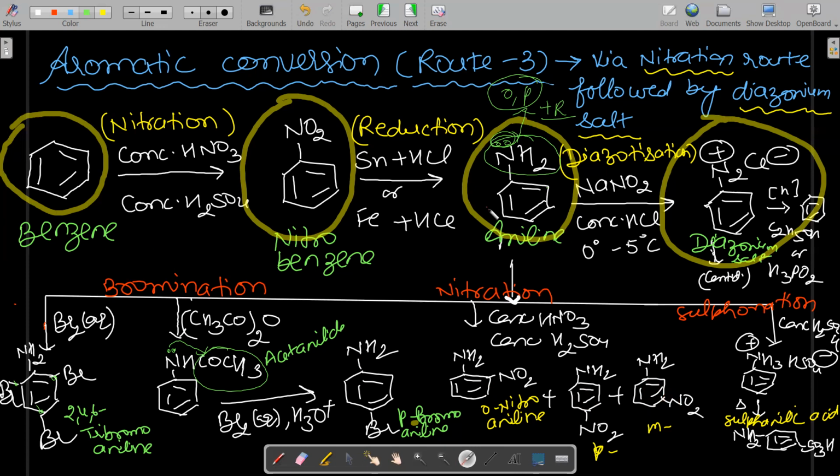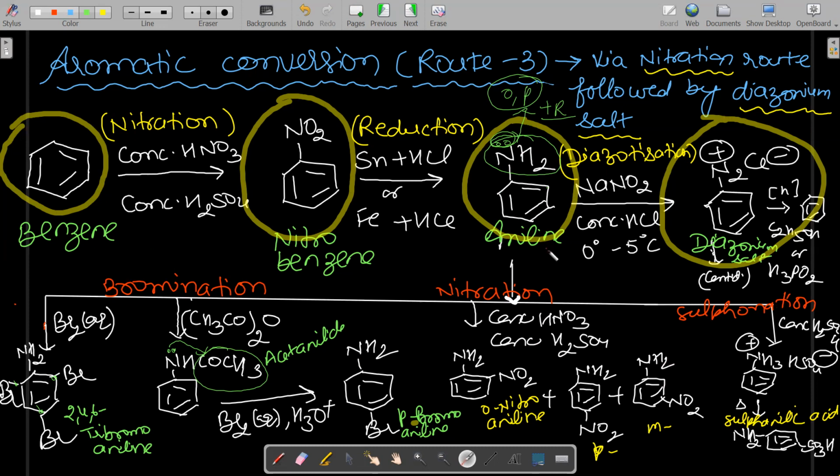The reason is again very clear, because it is electron rich. Due to being electron rich, it is a strong Lewis base, and hence this NH2 group is protected by H plus. Or simply we can say aniline is a Lewis base, so it reacts with sulfuric acid to form NH3 plus, that is anilinium ion, and anilinium ion is meta directing in nature. And due to the meta directing anilinium ion, we get meta product also. So is it clear?